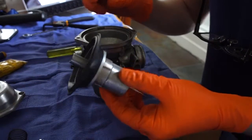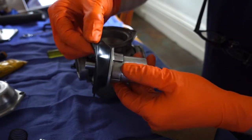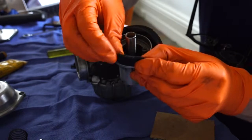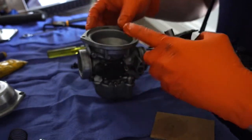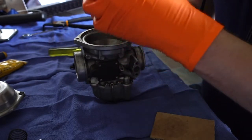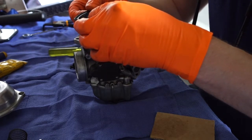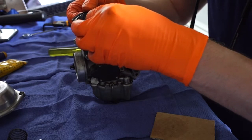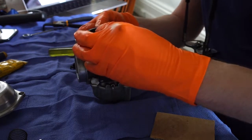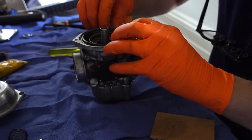So this is the carb. Flip back over now. You can see in these frames that the diaphragm is really good. Like it looked like it had been replaced relatively recently, so I didn't swap it out even though I had a new one. I'm just showing you that little notch there in the diaphragm, and that lines up with the notch on the right-hand side of the body there. And that helps align the slide. So you put the whole assembly back in, lining up that tab on the rubber diaphragm with the little reciprocal slot on the body, and then just snug everything in so it's sitting flush,